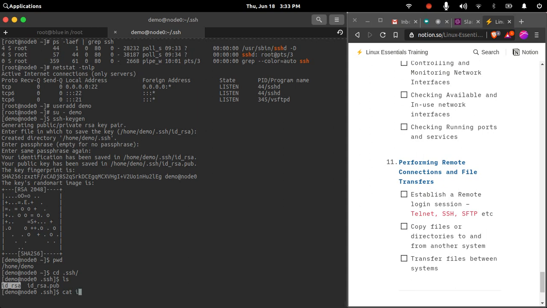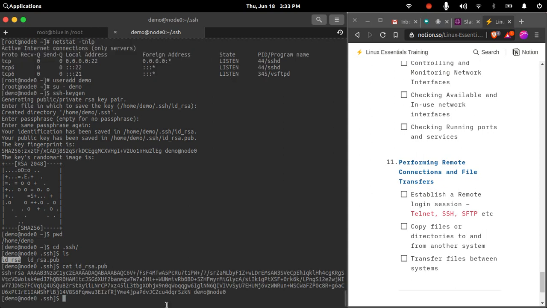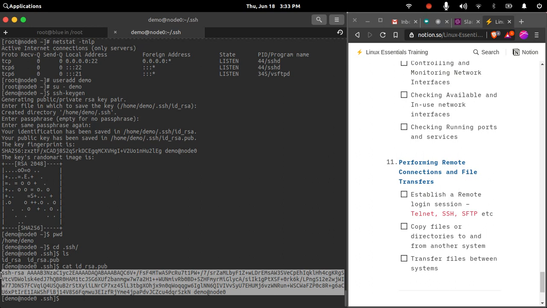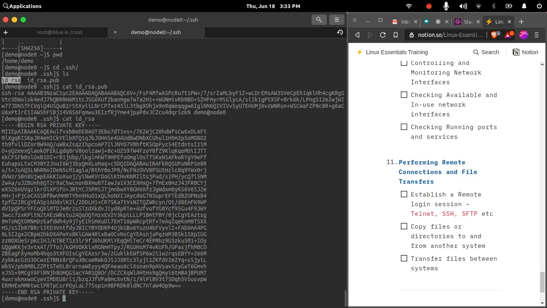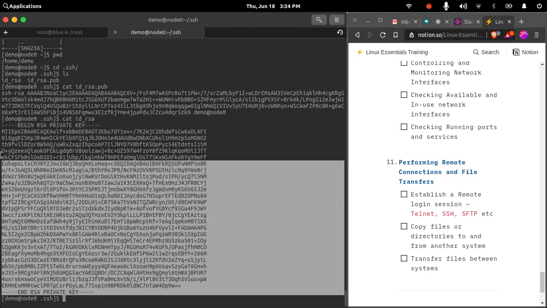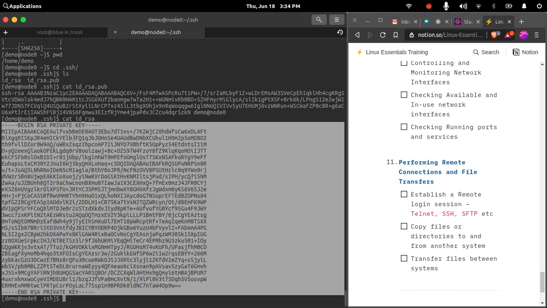If I open id_rsa.pub, this is the public key, and id_rsa is your private key. This is the private key file. So this is a way of generating key files for a user to communicate over SSH. When I want this user to connect to this machine, I will have to provide him this key file.